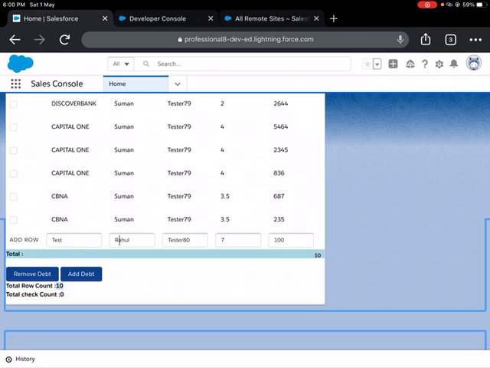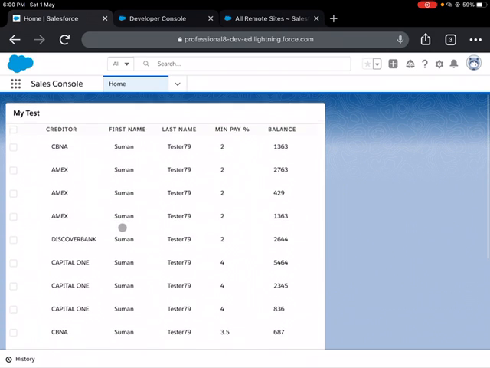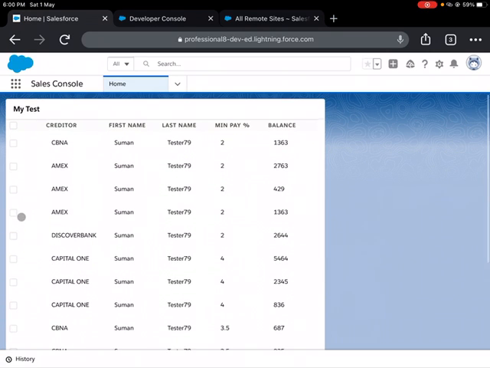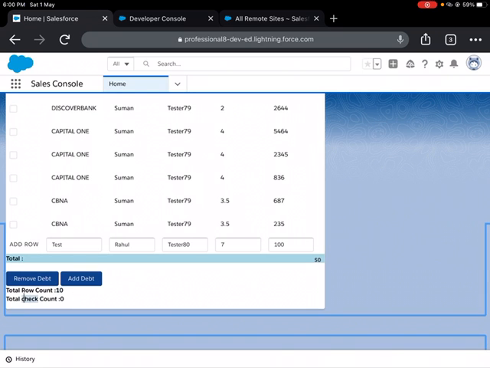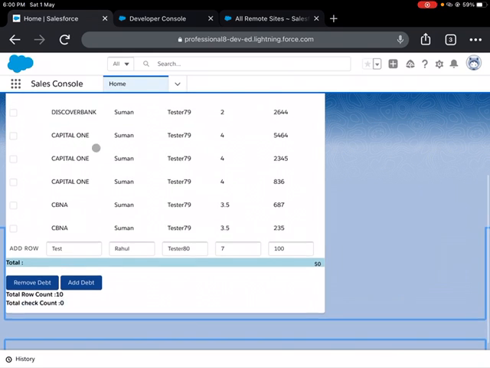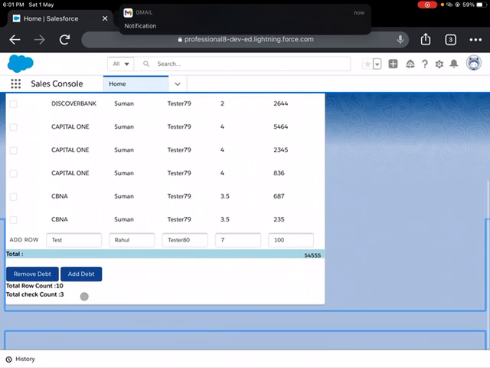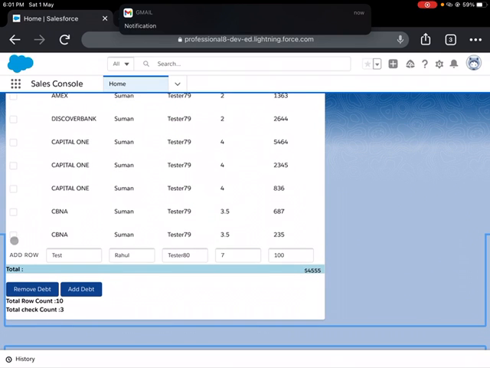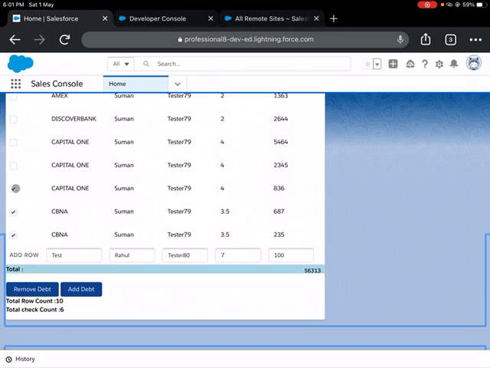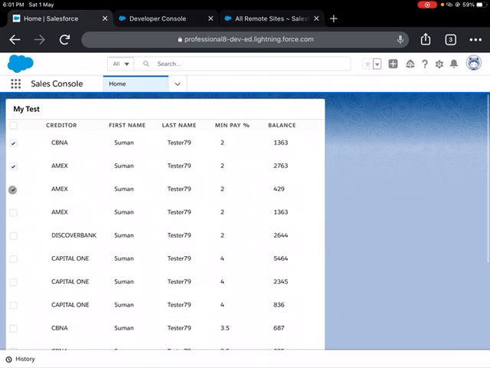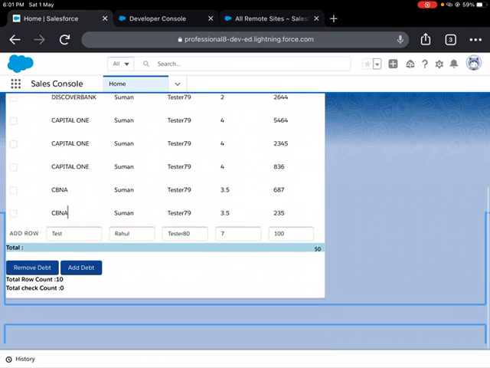So the second requirement is that as soon as I check a checkbox, the total check count should be populated. Suppose I select 1, 2, 3, so my total check count will be 3. If I add more, it will become 4, 5, 6, and if I uncheck, it will decrease the count to 0.